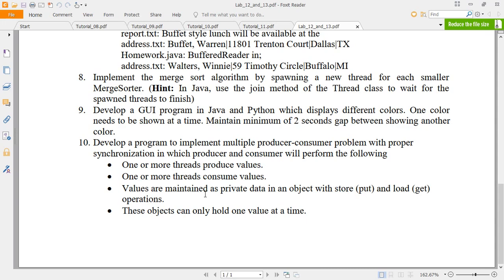So values are maintained as private data in the object with the store, put and load, get operations. So these store and load operations, that is put and get operations, must be synchronized. And the value that is going to be maintained as private data should be kept in the monitor. These objects can only hold one value at a time, either putting a value or getting a value.